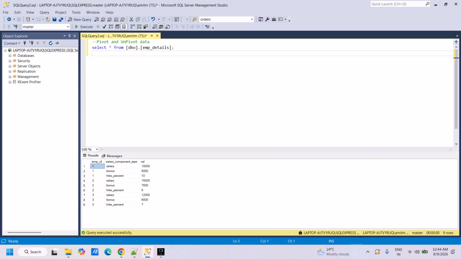So if we consider employee ID 1, the salary component type is salary and the value is 10,000. For employee ID 1 salary is 10,000, for employee ID 1 bonus is 5,000 and for employee ID 1 hike percent is 10. And similarly for employee ID 2 we also have all these components and the values for these components, and for